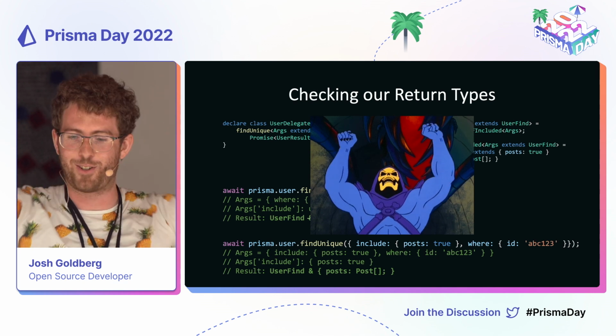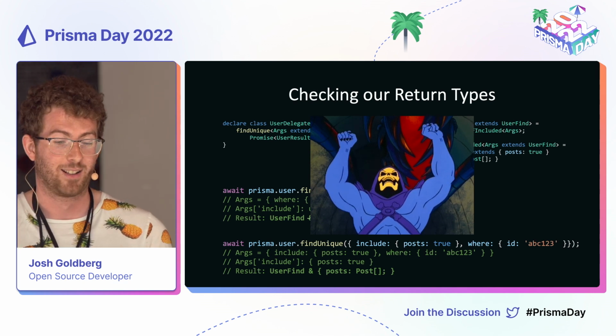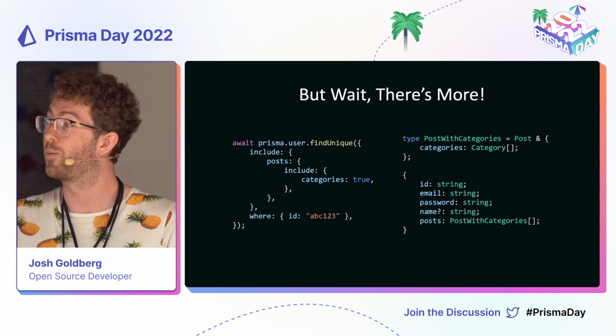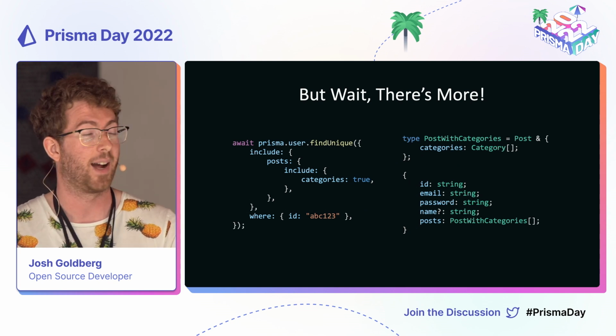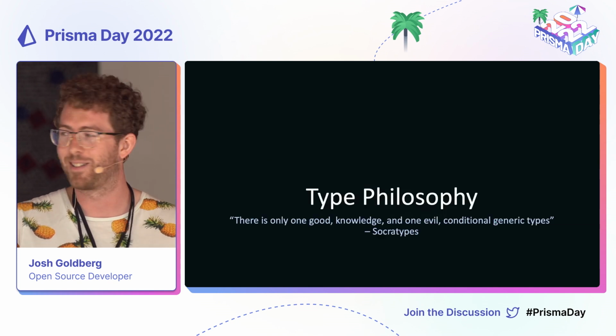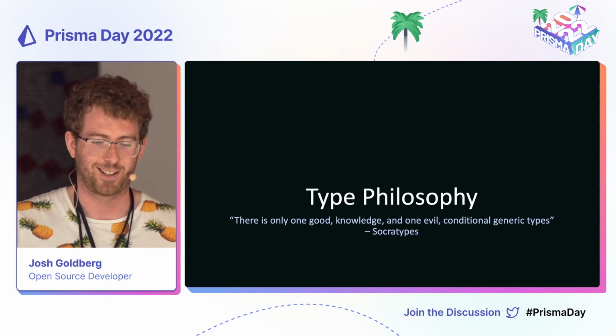We are checking our return types. But that's not all, because Prisma actually has features like include, post, nested include categories true. So we're going to have to go through and write 4 to 5 levels of nesting in our... I'm kidding. We're not doing that. I want to instead switch over to the last part of the talk, type philosophy,